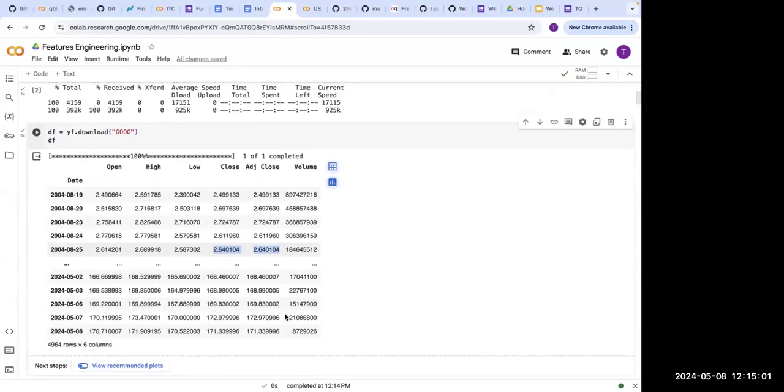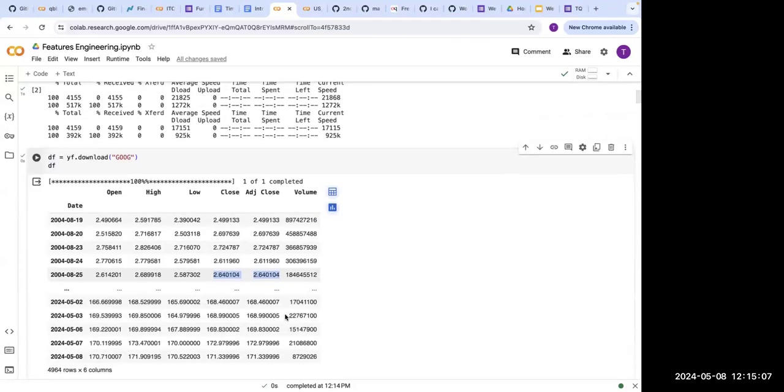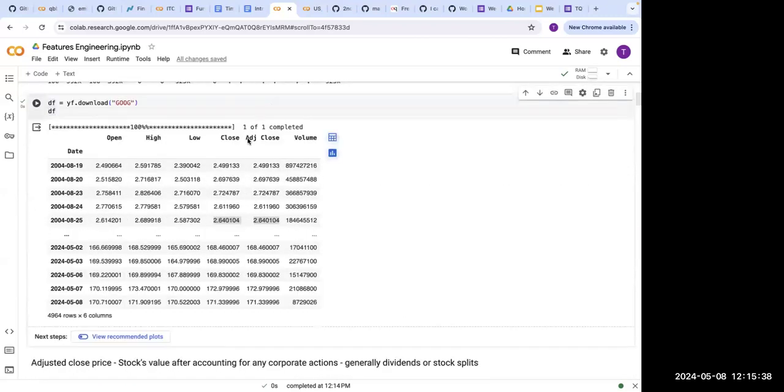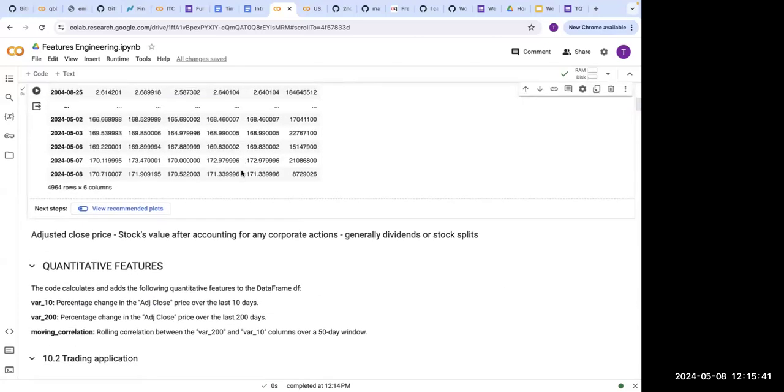rare thing that would happen, that dividends were given during the trading time, or a stock split happened. Stock splits happen when you want to make it more affordable for people to buy the stock. Like one stock is running at $500, so buying one stock involves $500, which is too much. So a company might decide to split it into 10, so that would be $50 each share. So that would impact its close price, right? So adjusted close price considers that. So we will eventually use adjusted close price, and it's very similar to close price.